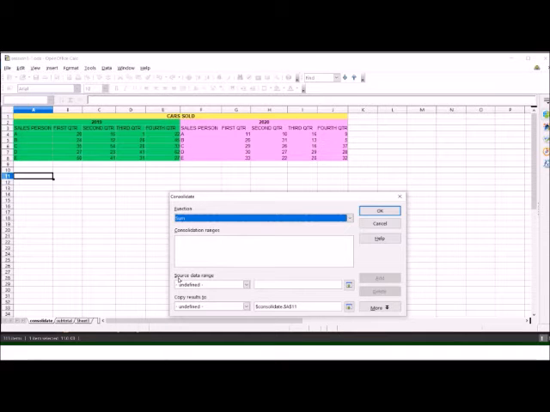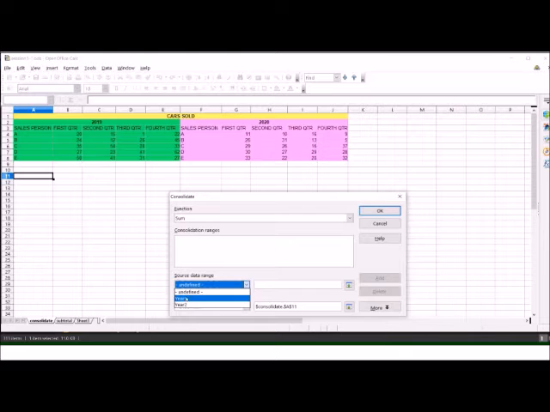So now we will come to the source data range and we will select the first range which we had given the name year 1 and we will add it. Now it will appear here in consolidation ranges, and then we will select the second range which we had given the name year 2 and we will add this range also.